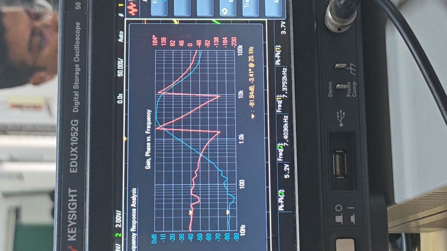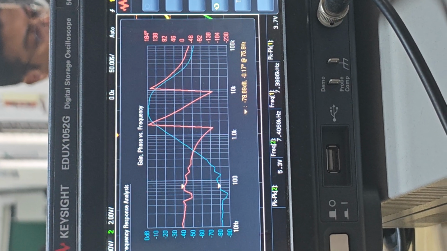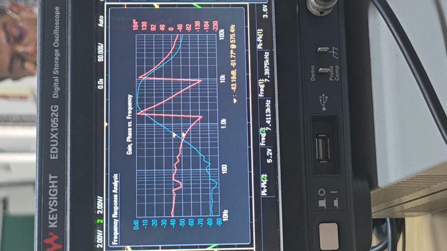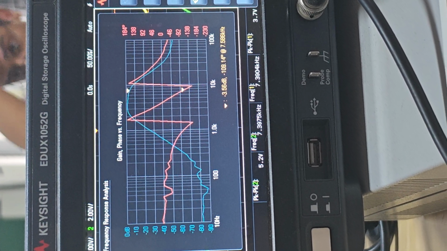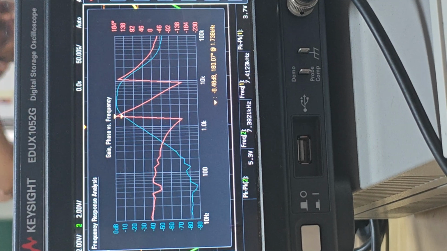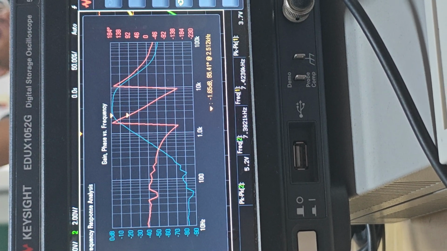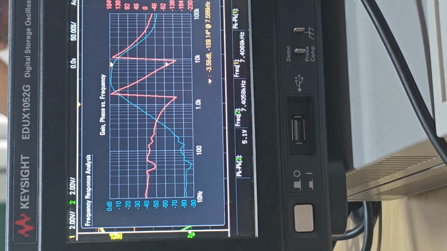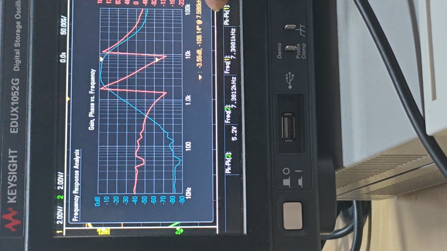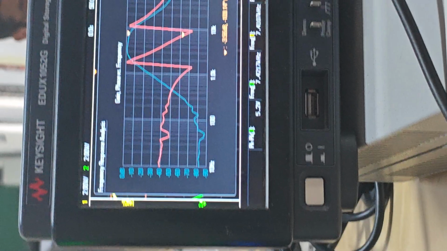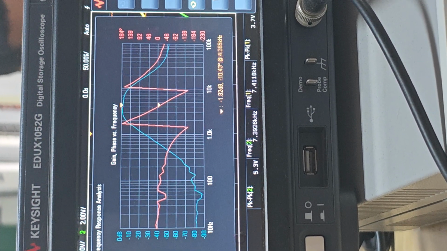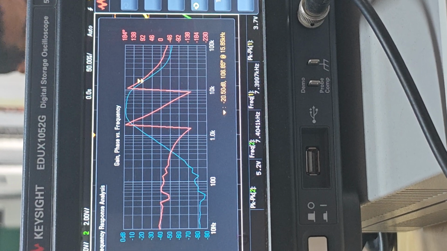That is why we see the Bode plot a little bit distorted here, and the filter passband is very smooth at this point. This is around 2 kilohertz, which is having around 3 dB here, and at 7 kilohertz, somewhere around 7.5 kilohertz, it is also close to 3 dB. Now this roll-off is very smooth in the Butterworth filter and faster than the Bessel filter.